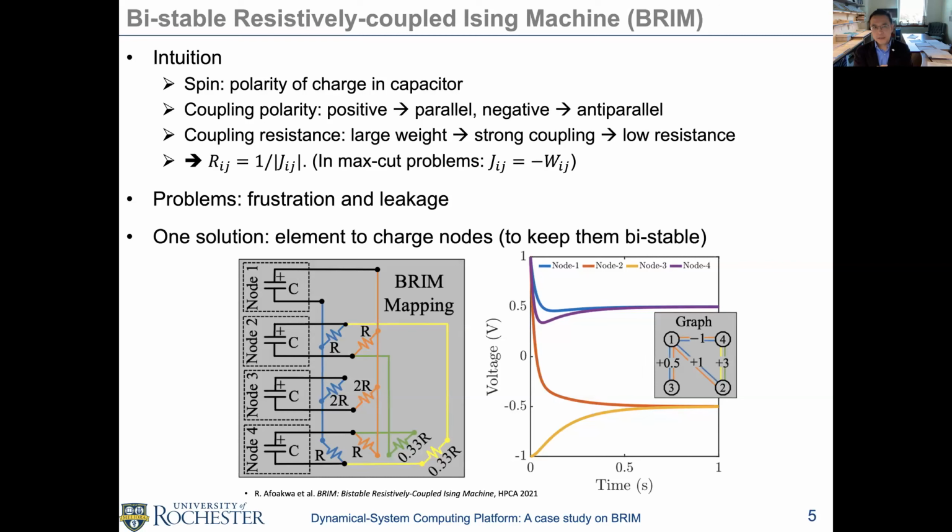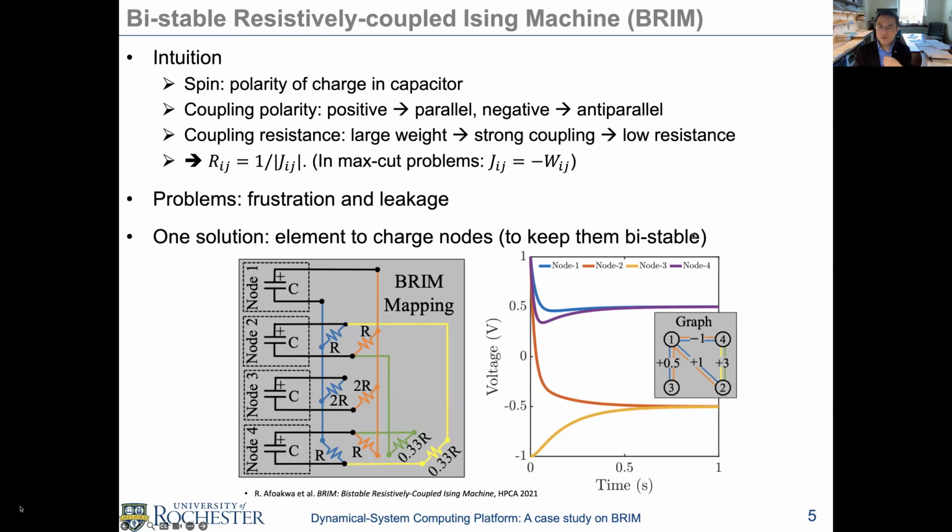Again, we don't need very complicated physics. A capacitor is a very good approximation device to represent spin, right? If I have the top device having a higher voltage, that's spin up, otherwise it's spin down, and I can connect them either top plate to top plate, that would be a parallel connection, indicating positive correlation or positive coupling, and anti-parallel for negative coupling, and higher resistance would be low strength coupling. So in fact, if you take the J_ij that we're familiar with, the 1 over that should be the programmed